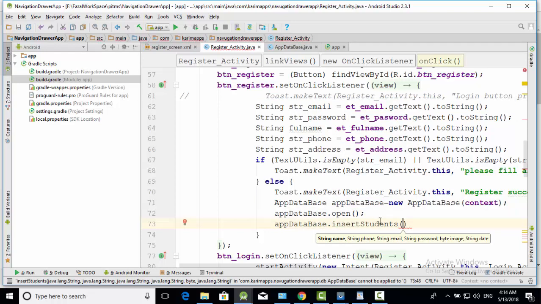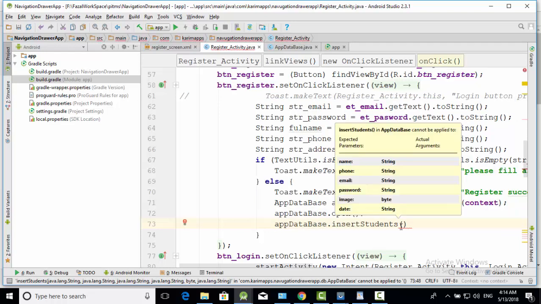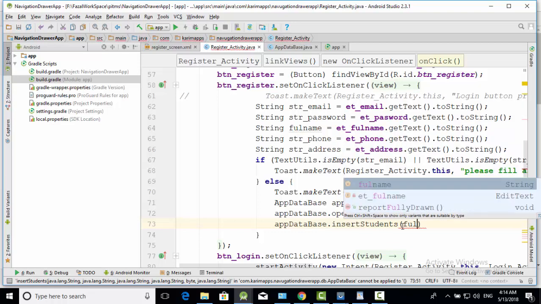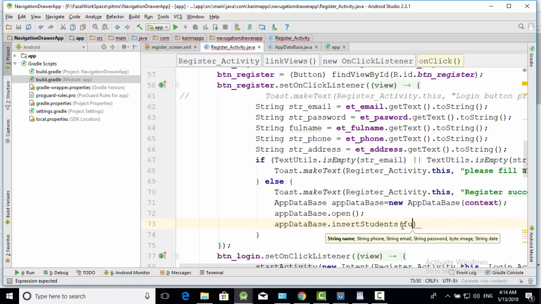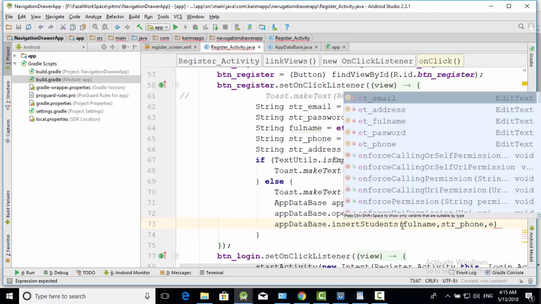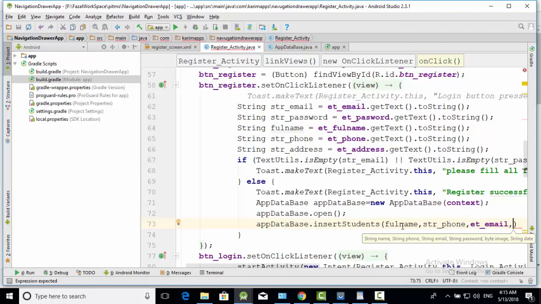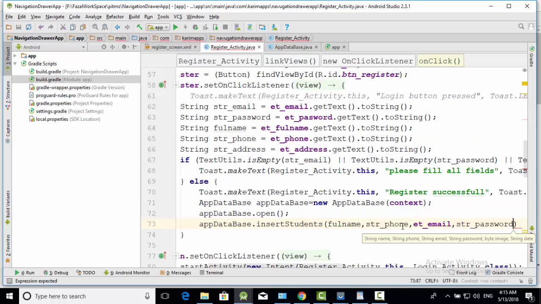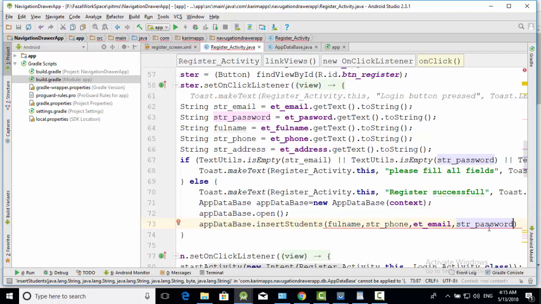Now we will insert values here. First of all is name, full name. Then second value is phone, string phone. Then third value is email. Then next value is password, string password, and next value is